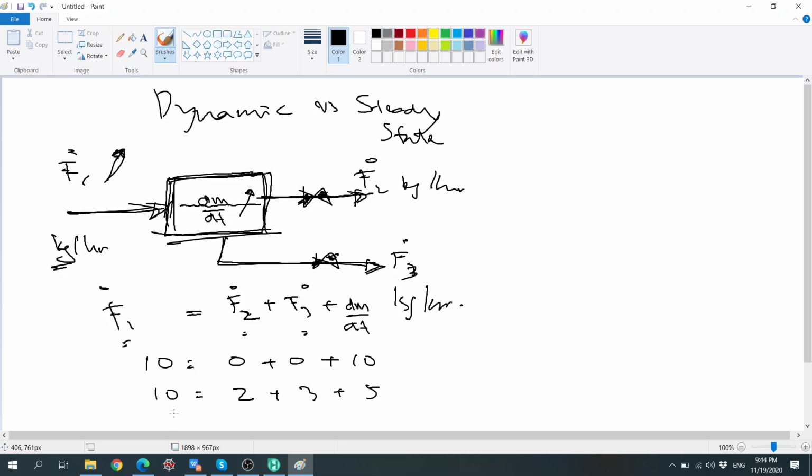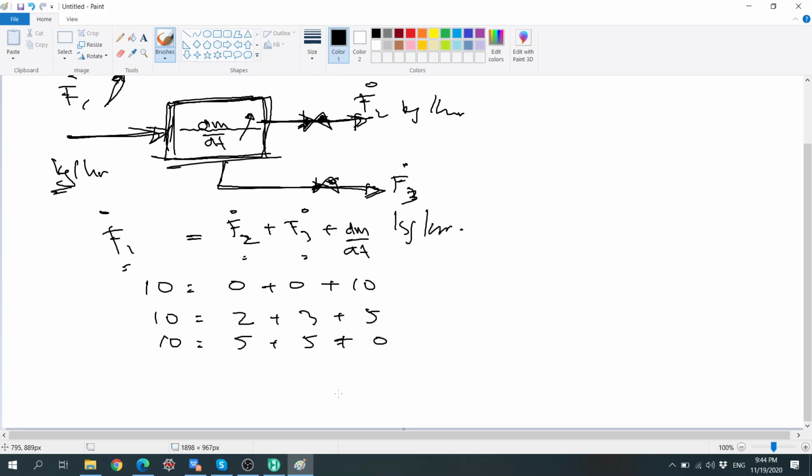So we can see, but then if we have F1 equals 10, and F2 equals 5, and F3 is also equal to 5, that means this one is going to be 0. But in another scenario, F1 equals 10, same, and F2 equals 6, and F3 equals 5, and then this has to be minus 1. Can you follow? Yeah, so in this case we have a positive dm/dt, so the level increases